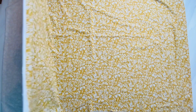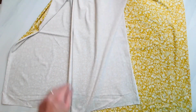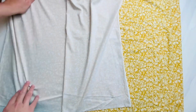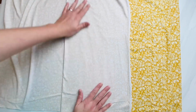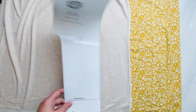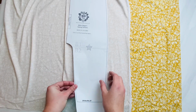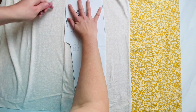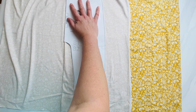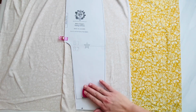So you're going to fold your fabric just enough so that you can place that pattern piece on that fold of the fabric. This is a 60-ish inch wide fabric. You can make a full set using this width fabric. Now that I've got the pattern piece on that left fold, I'm going to clip it in place, and I like to use some pattern weights